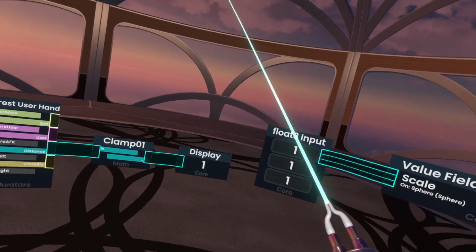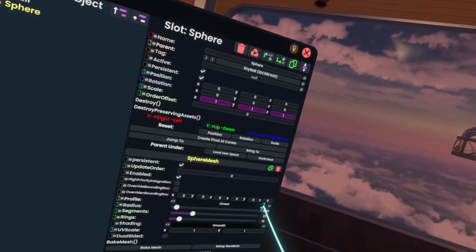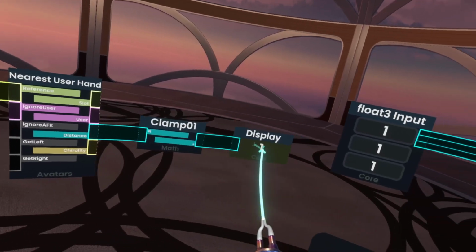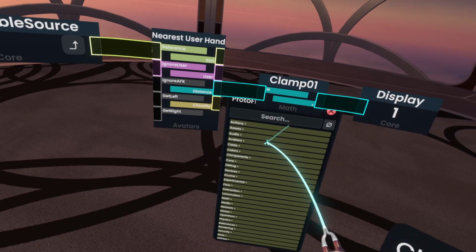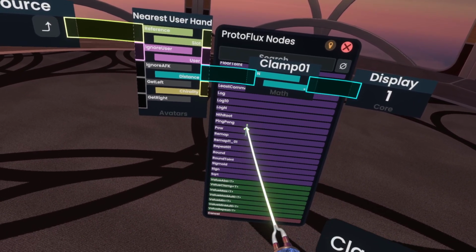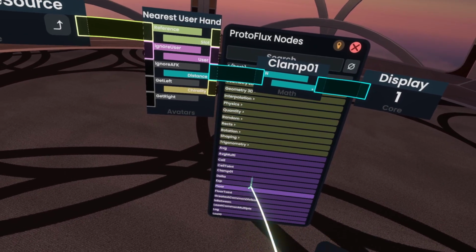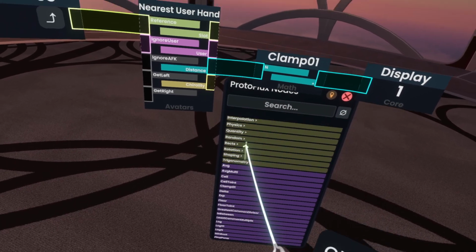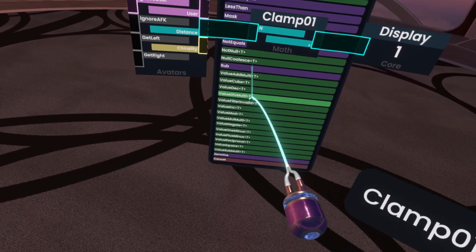Actually, what size is this sphere? This isn't radius 1, it's radius 0.5. So, instead of my maximum value being 1, I'm going to make my maximum value 0.5 by multiplying. And I'm not going to use the search feature. So, under math, I can go to value, oh shoot, where is it? Oh gosh, I hate looking for this sort of stuff. Oh, it's an operator, sorry. So under operators, I'm going to go to